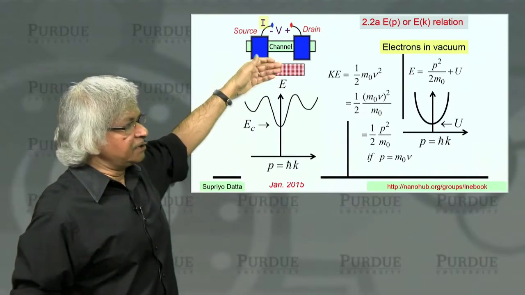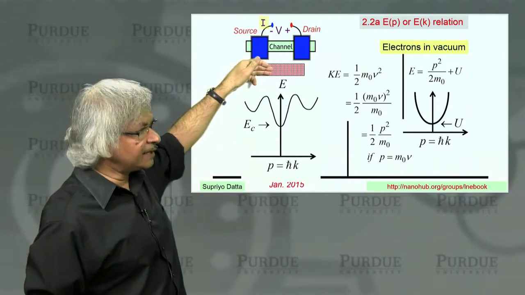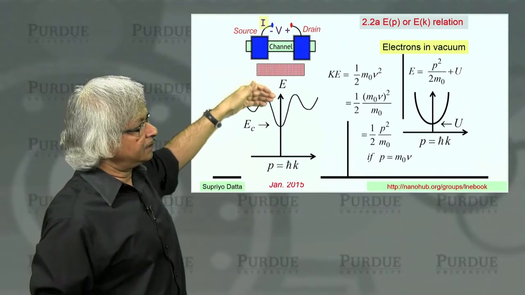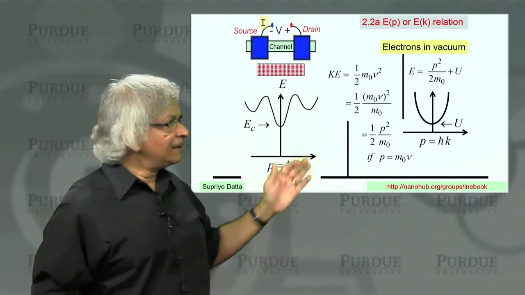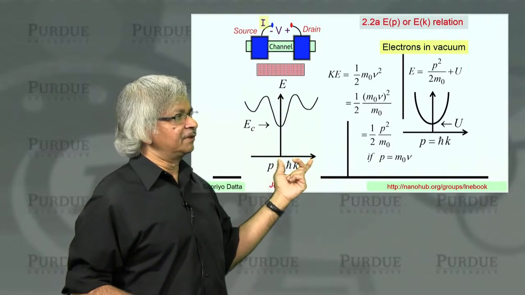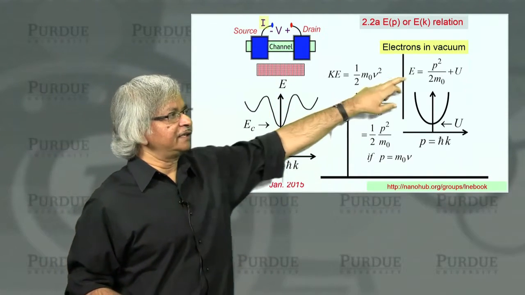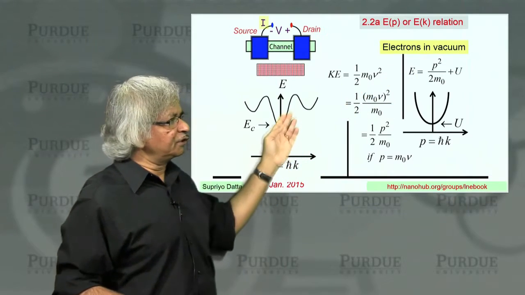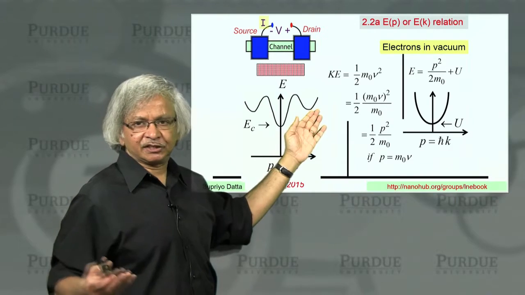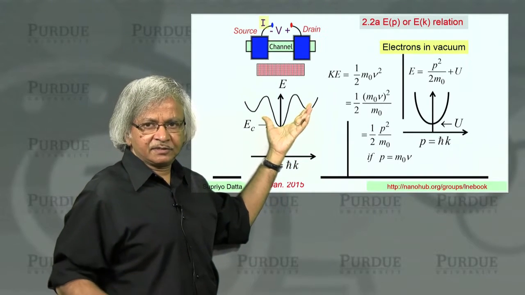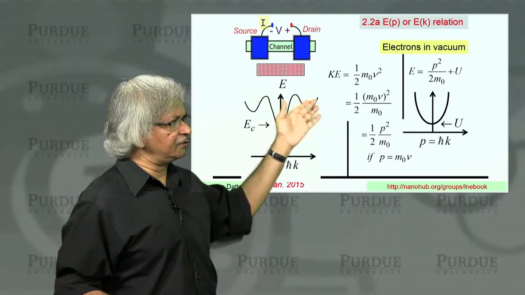So what I'm asking you to accept then is that in a solid, electrons behave almost as if they are in vacuum, but then the energy-momentum relation won't look anything as simple as that, and in general could look like anything. And I've drawn a typical sketch of it in certain solids. But in general, you see this curve could be anything.